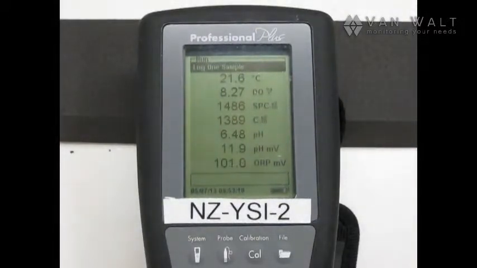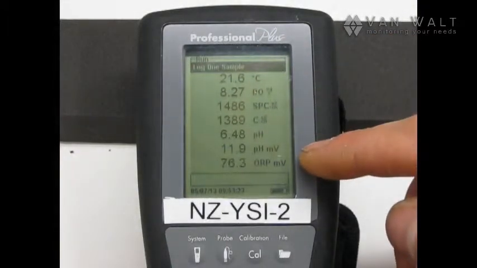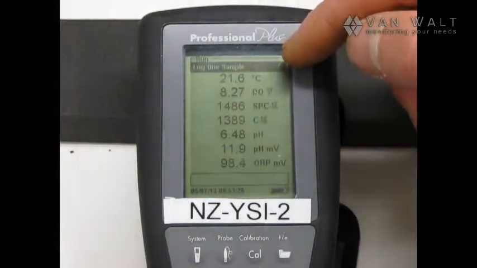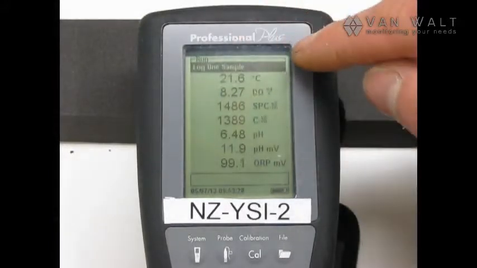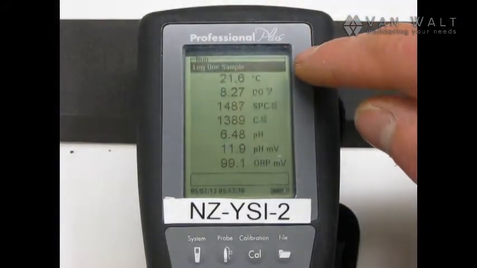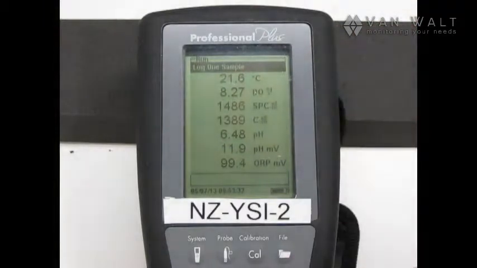How to log with a YSI Pro Plus. We're in the normal run mode at the moment, and highlighted at the top, log one sample. Now we can change that to continuous logging, but to begin with we will log with one sample. Press the enter button,